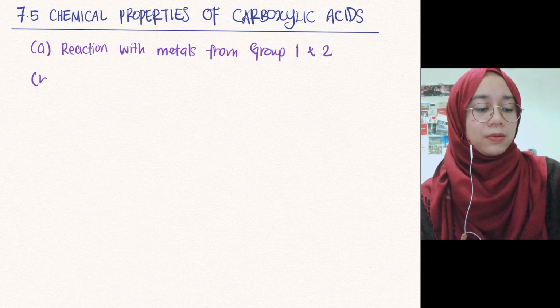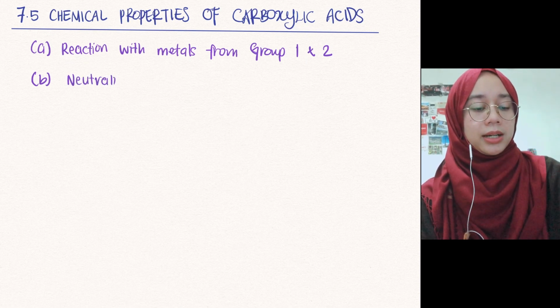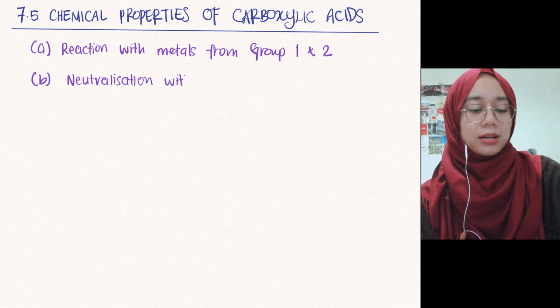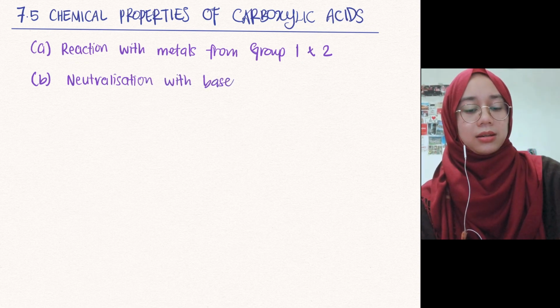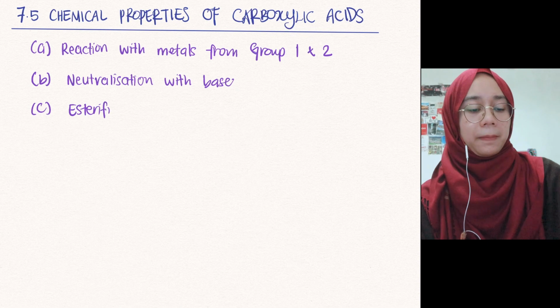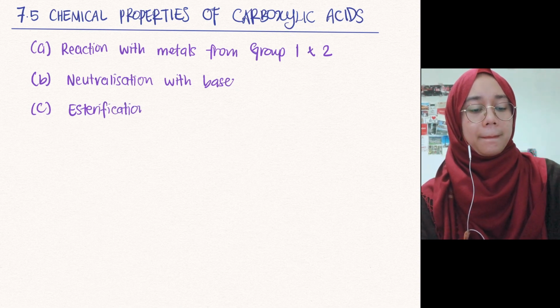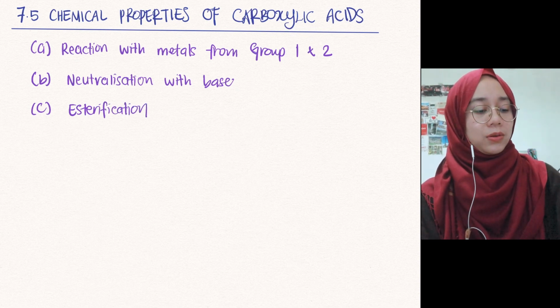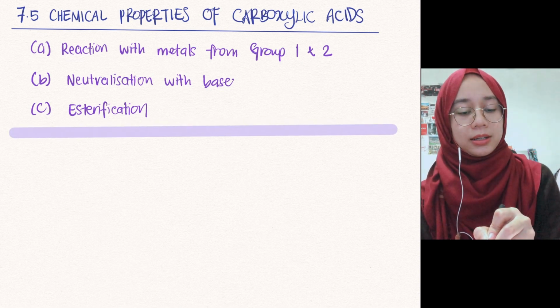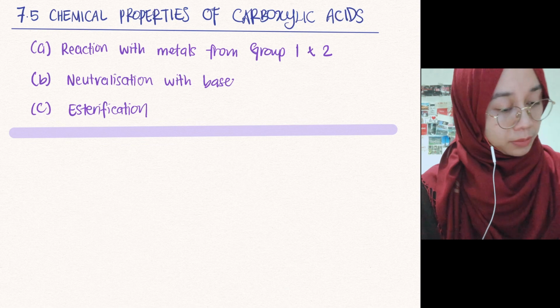And then the second one, you are learning about the neutralization with base. And lastly, we are going to look at the esterification once again. Okay, so let's have a look at the very first reaction. Okay, so untuk reaction yang pertama,